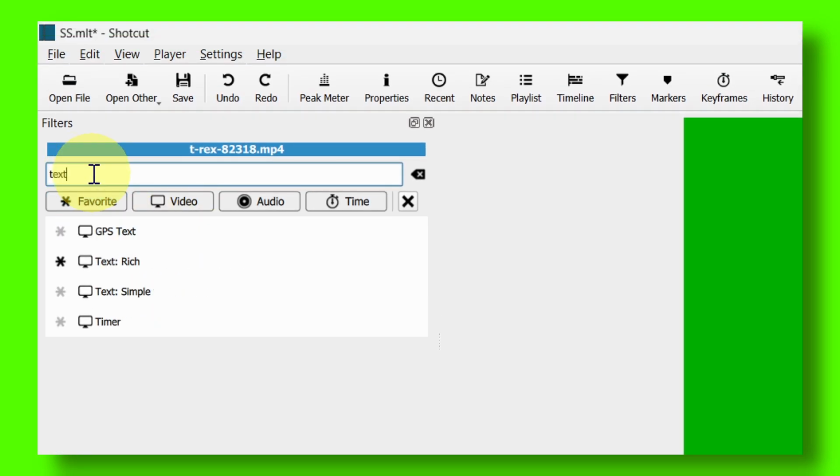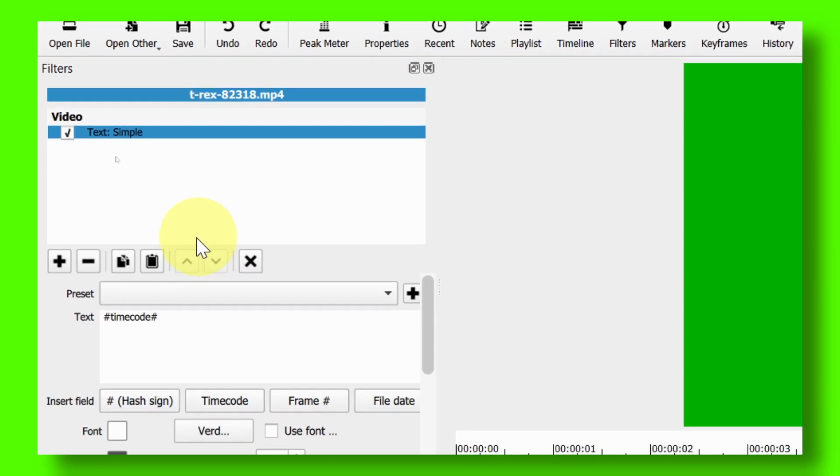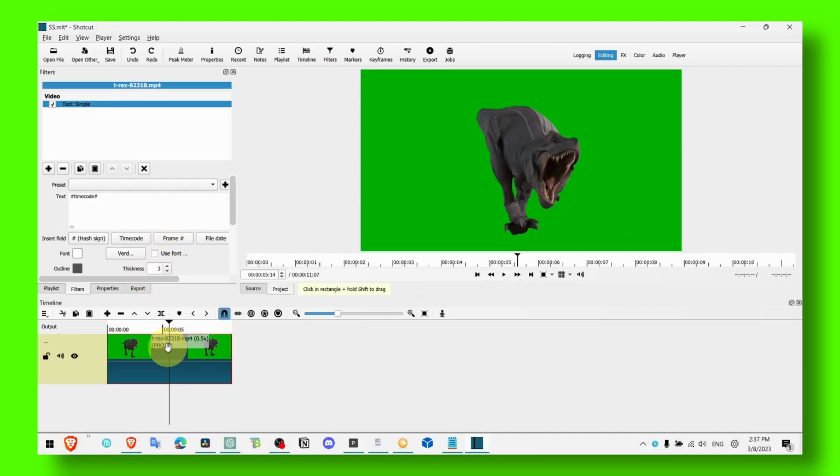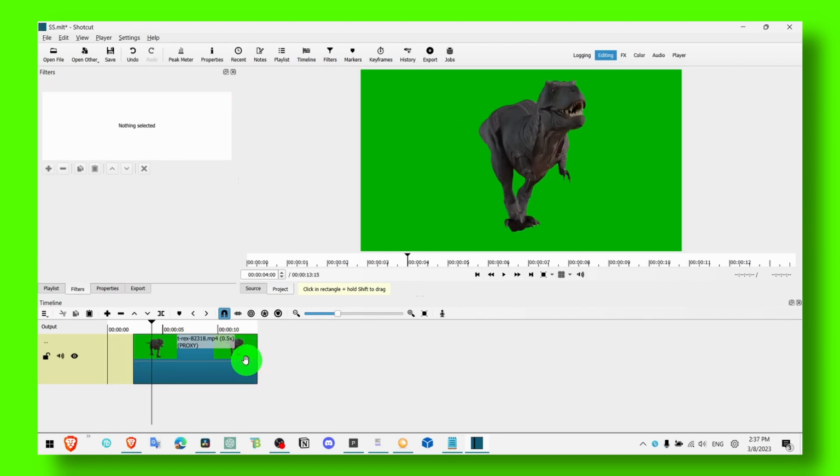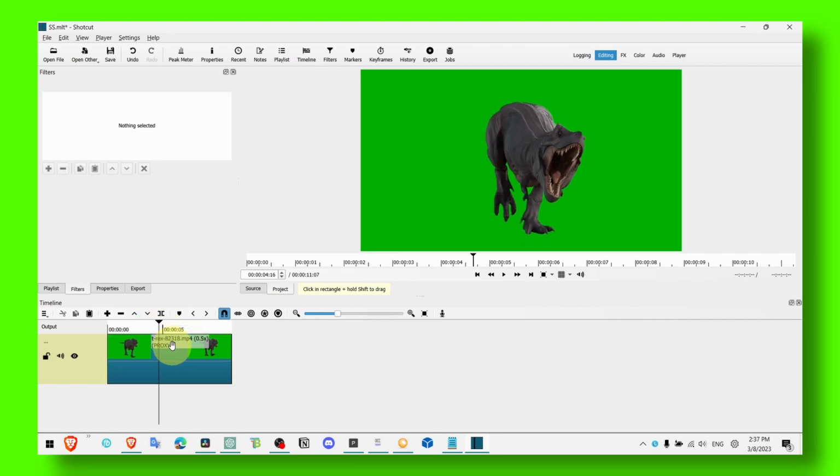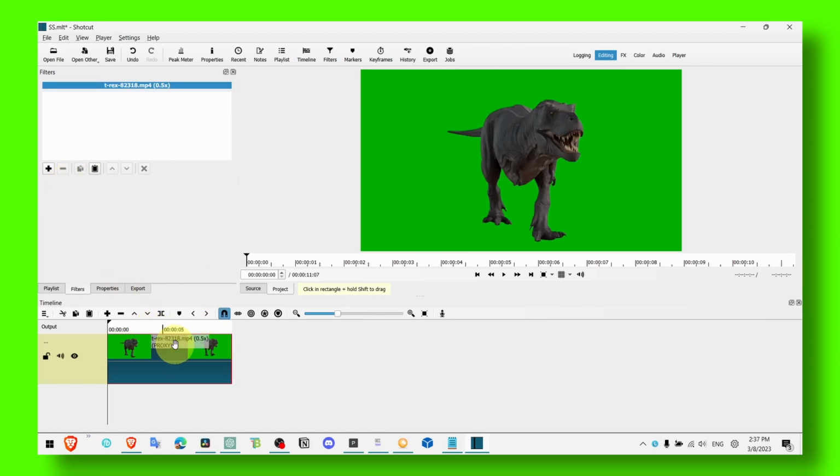So right click text, and here select text simple. And now we have text on our video, as you can see. And just select our text, and now